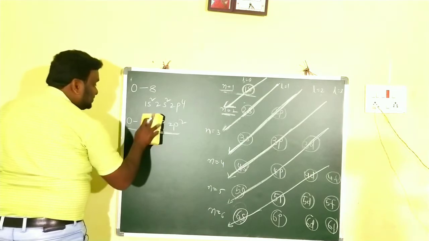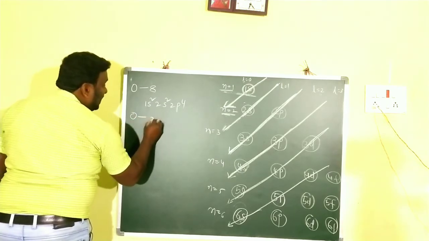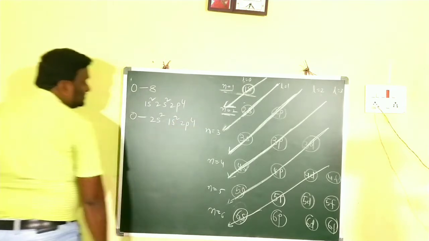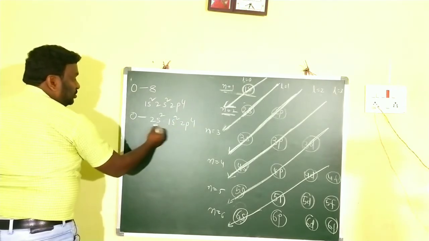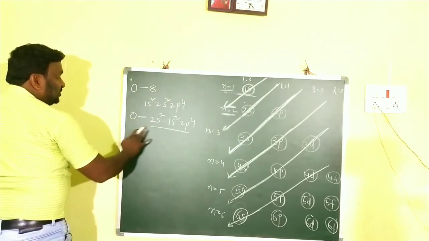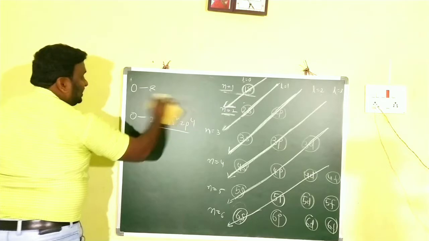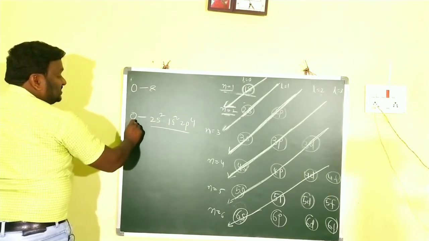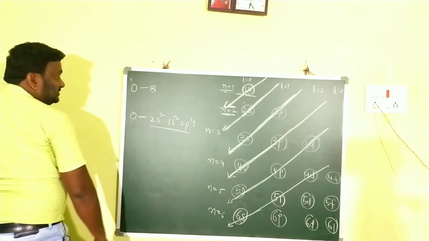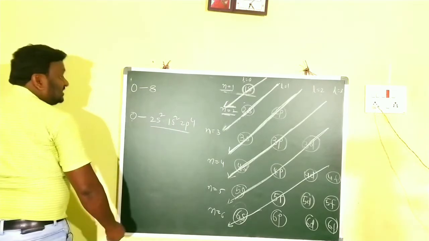Or if they give it like this, here for oxygen, I am writing 2s2, 1s2 and 2p4. From the examination point of view, they will ask like this: 2s2, 1s2, 2p4. Is this right or wrong? O is oxygen, it consists of 8 electrons, and the configuration is mentioned like that. Is this electronic configuration correct or not? Justify your answer. That is the question, children.